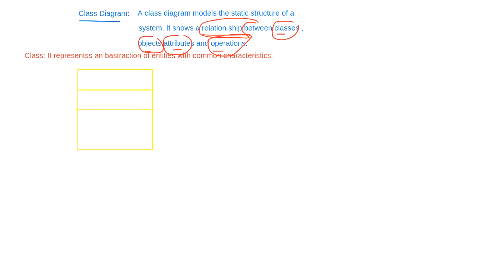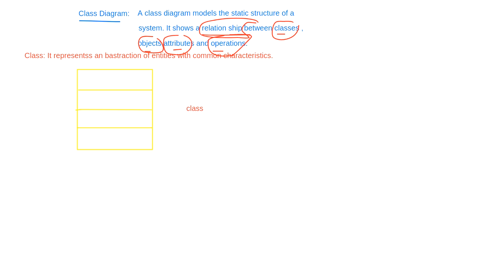How do you represent a class in a UML diagram? I'm showing you that. Now this is called a class. Every class has some name. For example, you know this is your Shoba 4500. It's a class. So the name of that class I can represent here. I will write the name of the class here. Class name will come here.